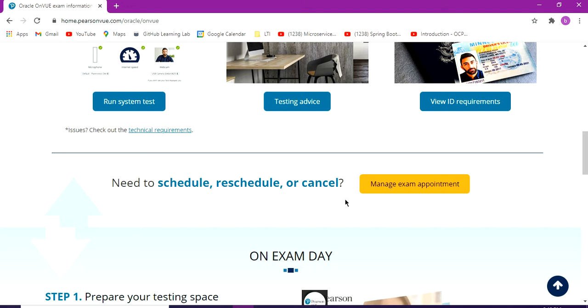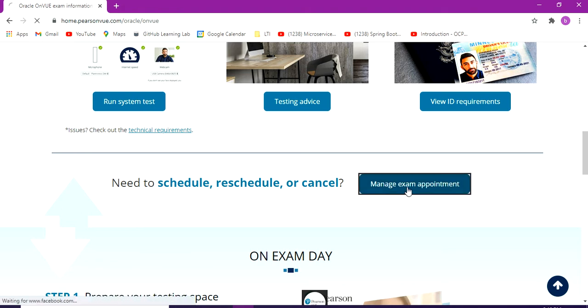So if you scheduled one exam by providing the money, don't be bothered, we can cancel also. But that should be before 24 hours, I'm not sure, but yes, 24 hours before. And you can reschedule also. And then you need to click on manage exam appointment.